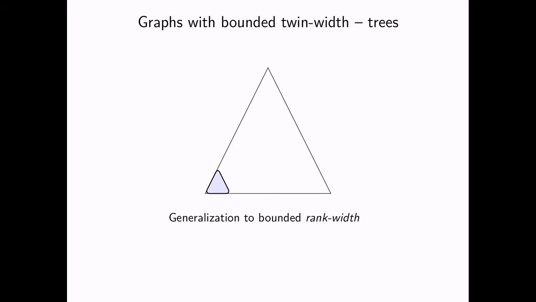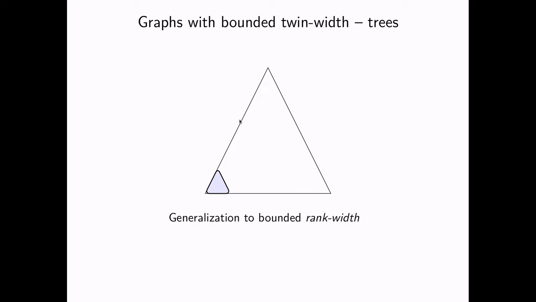There is a far-reaching generalization of this fact that graphs with bounded rank widths have bounded twin widths. So bounded rank width is more general than bounded tree widths. So let me give you an intuition of what that is. A graph has bounded rank width if there is a tree layout, so a tree where the leaves are labeled by vertices of your graph, such that